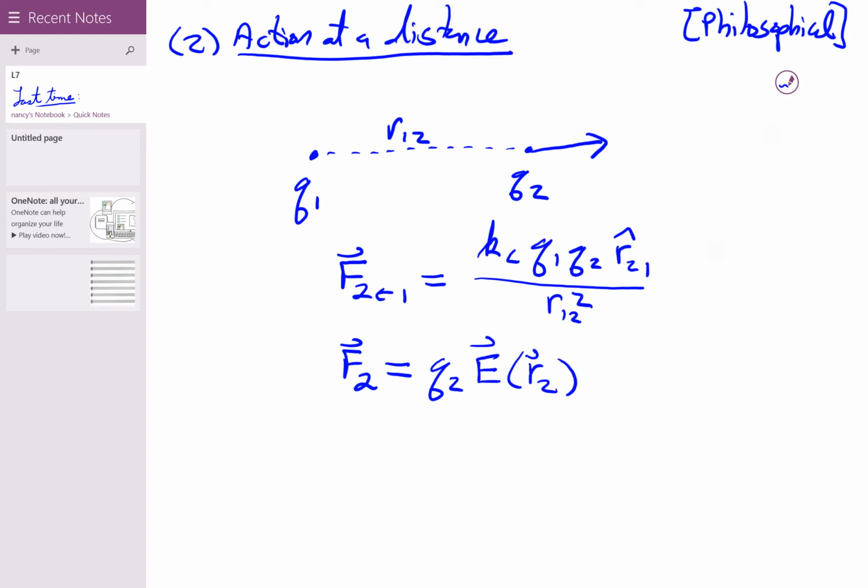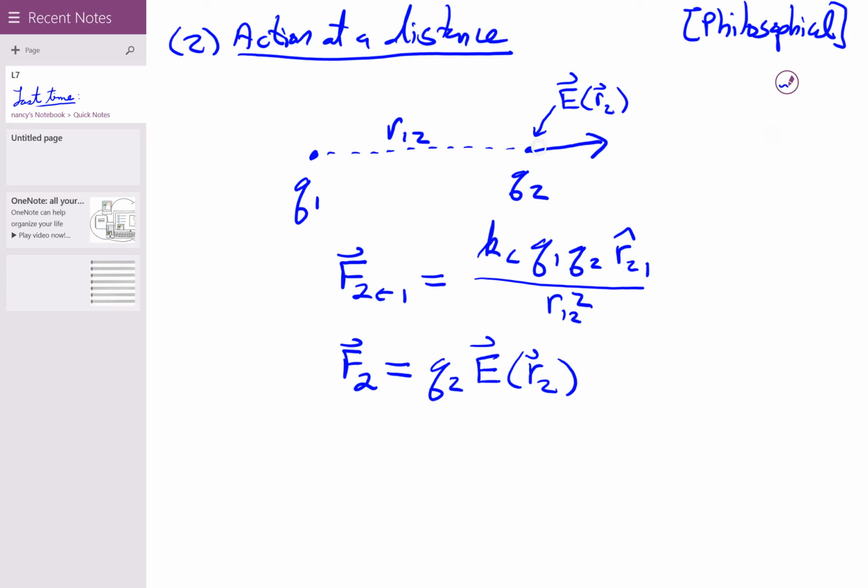It has to do with the fact that there's something special about space, this electric field property, and Q2 is just responding to the electric field at R2, at the very location of Q2. And we said, well then, when we look at it this way, there's no action at a distance. That kind of